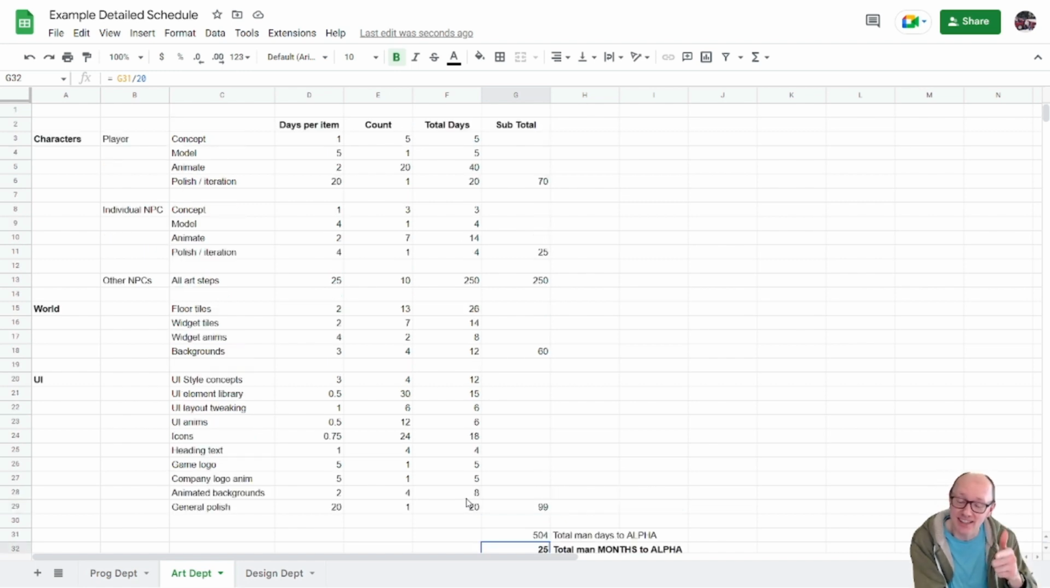Now, as I look at this, I realize I forgot something. Do you know what it is? I missed out padding. Now, maybe I should add a line that says plus 20% for padding. Well, I could, but I've got to be careful about over padding or double padding, because